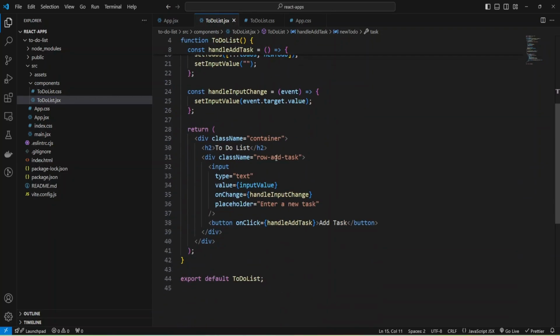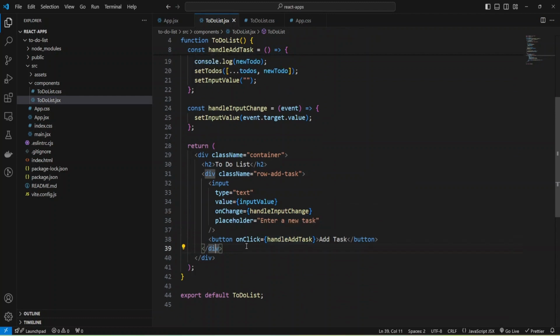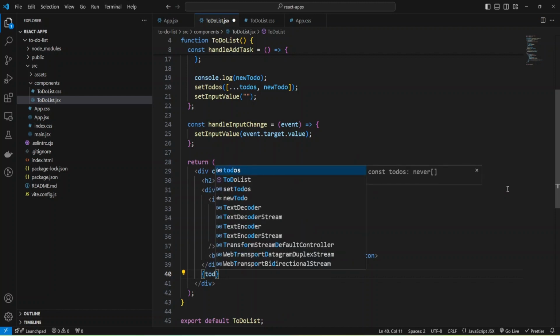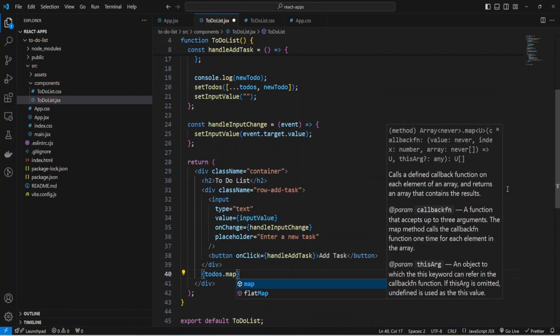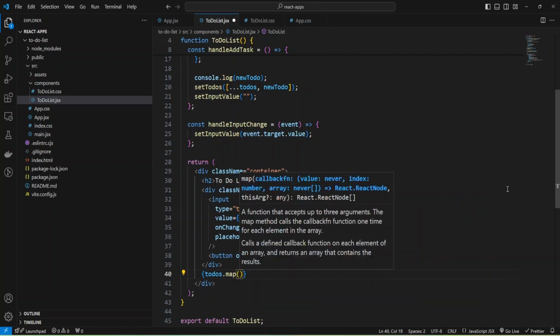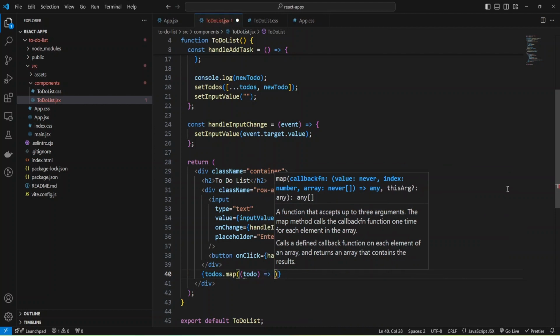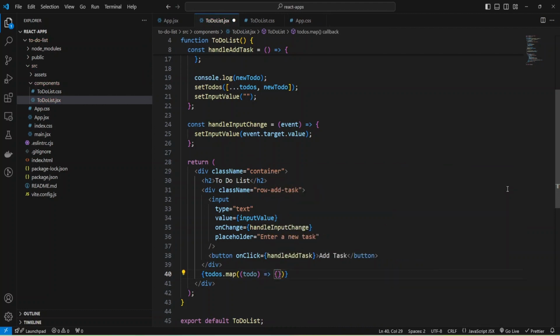Okay, and now we can show our tasks inside our todo component, and provide some JSX. I'm going to use curly braces and the map function of arrays. Inside we have our todos array, and we can use the map JavaScript function, and for each todo I'm going to provide some JSX. It will be an array of JSX code, and React will render this array.